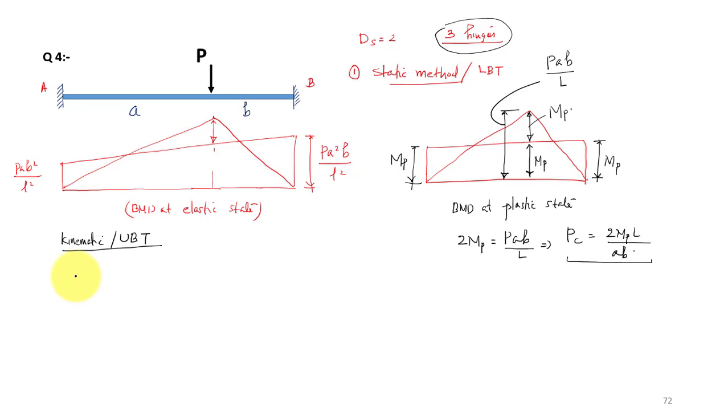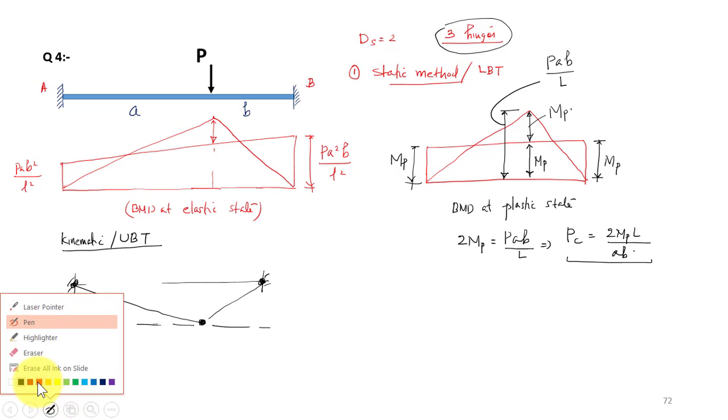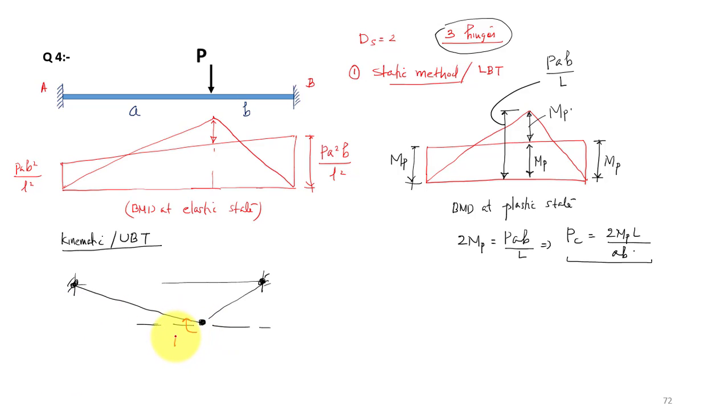So your mechanism will be: this is one location, this is another plastic hinge, and the third plastic hinge will be at the point of action of your load. So now we have MP here, and we have MP here,